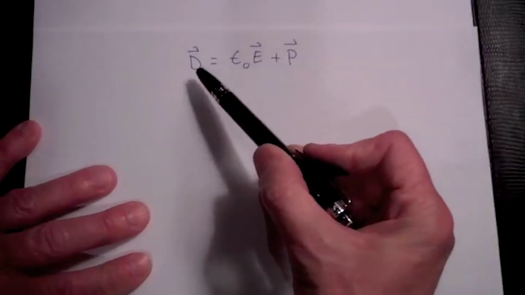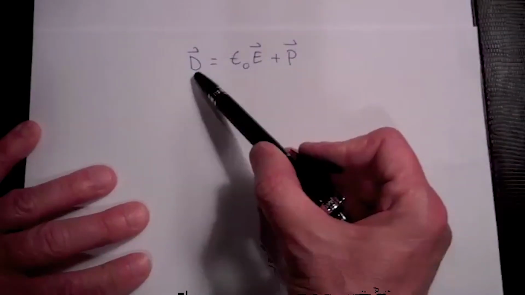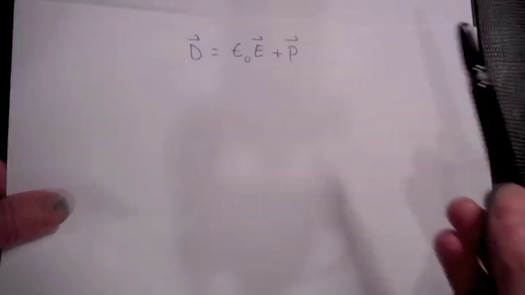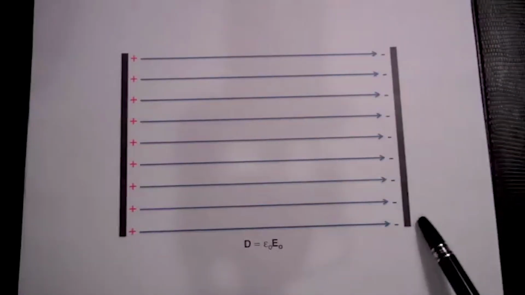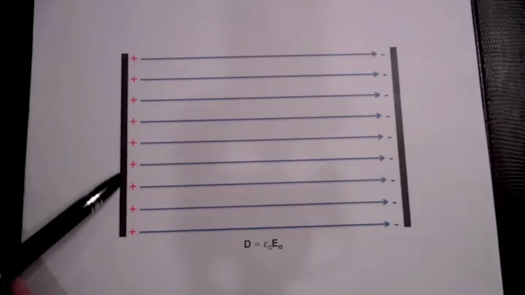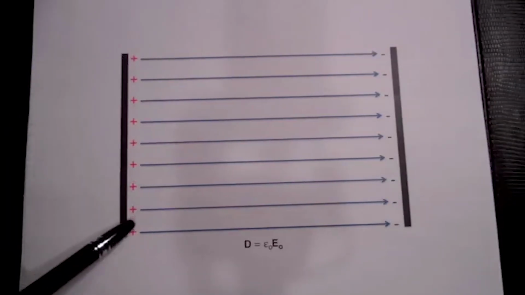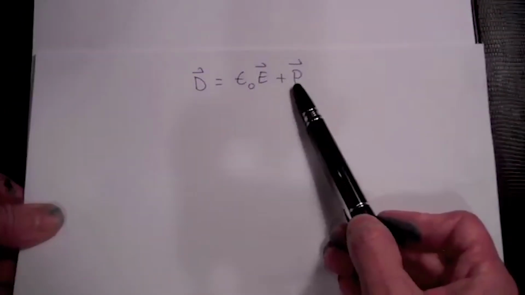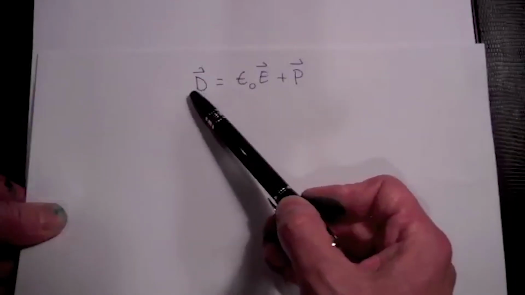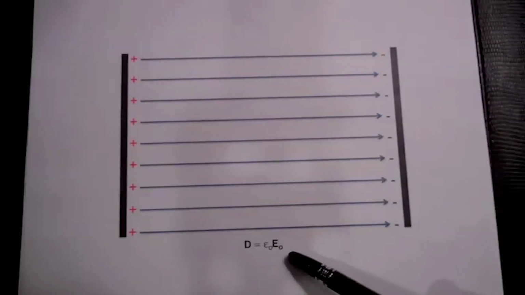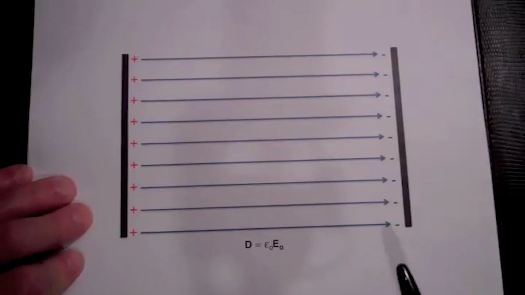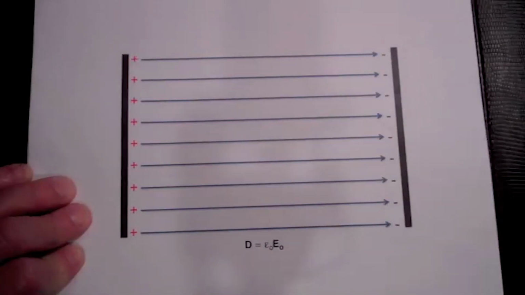Let's further develop our understanding of this relationship between the electric flux density, the electric field intensity, and the polarization. So if we have two metal plates, such as in a capacitor, and place a charge on that capacitor, a plus Q on this plate, a minus Q on the right-hand plate. There's no dielectric, just a vacuum, so the polarization is going to have to be 0, and the electric flux density is equal to epsilon sub 0 times the electric field. I'll put a sub 0 on the electric field here to designate this case with no dielectric.